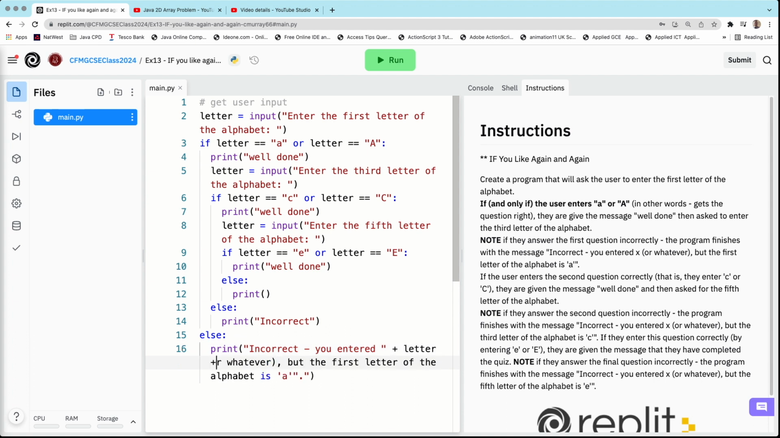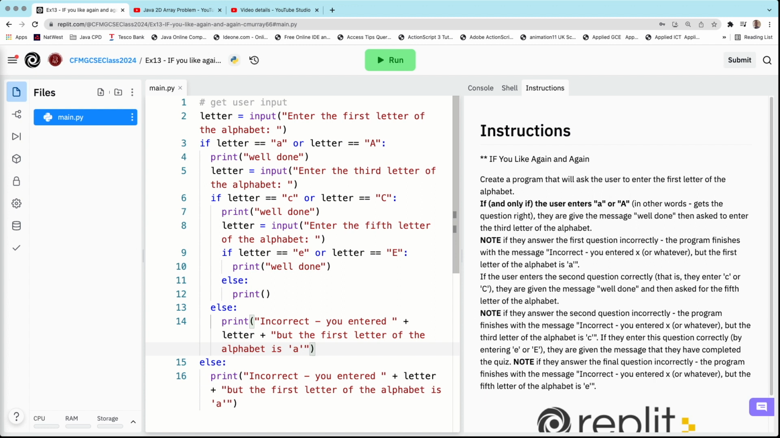I'm going to get rid of this, but the first letter of the alphabet is A. So, and that's how it should look, like that. So I'm going to copy and paste that to save me a little bit of time. So all these incorrects should have a bit more dialogue, and that's the third,